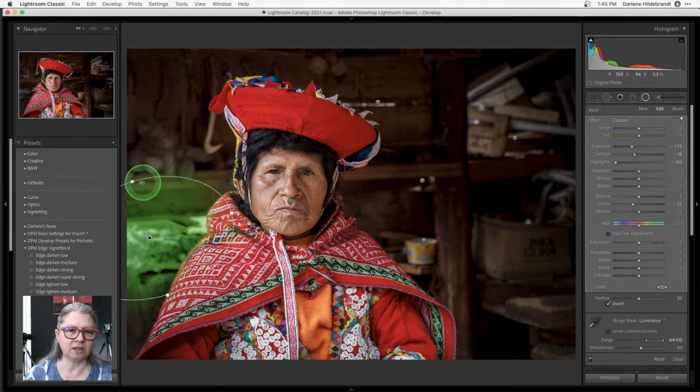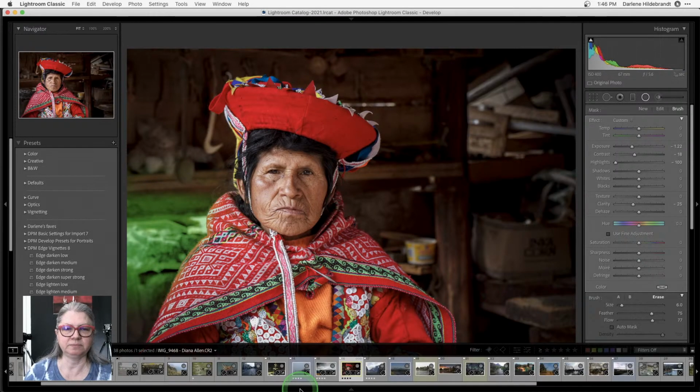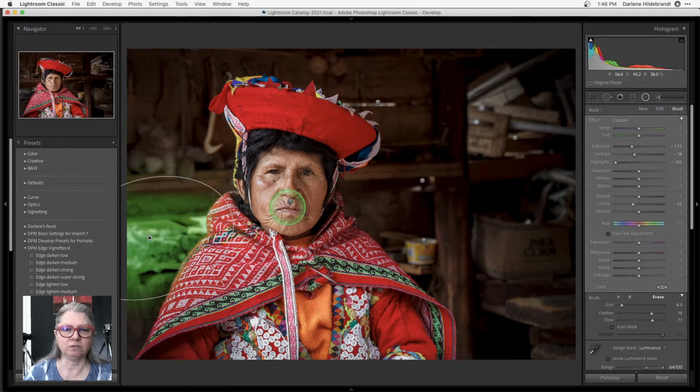This one you'll notice that the circle comes across into her clothes, and what I did was I used the brush on this one, okay, because you can actually apply a radial filter and then brush, and I just erased the part that was on her, right? And I could do the same up here if I wanted to erase it, and you can see that the overlay or the green bit is going away, right? So that's how I did that one, right?